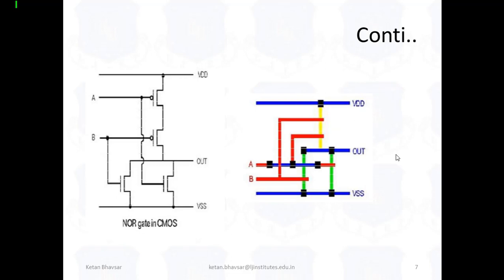Similarly, now we are focusing on designing the NOR gate based design. As you can see, the NOR gate is already designed like this. We have to take two PMOS and two NMOS. The two PMOS are connected in series and the two NMOS are connected in parallel. With the help of one combination we are creating one CMOS, and with the other combination we are creating the second CMOS.